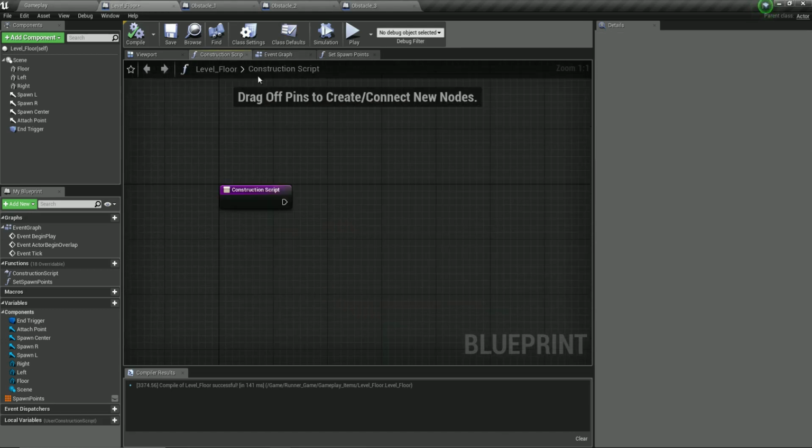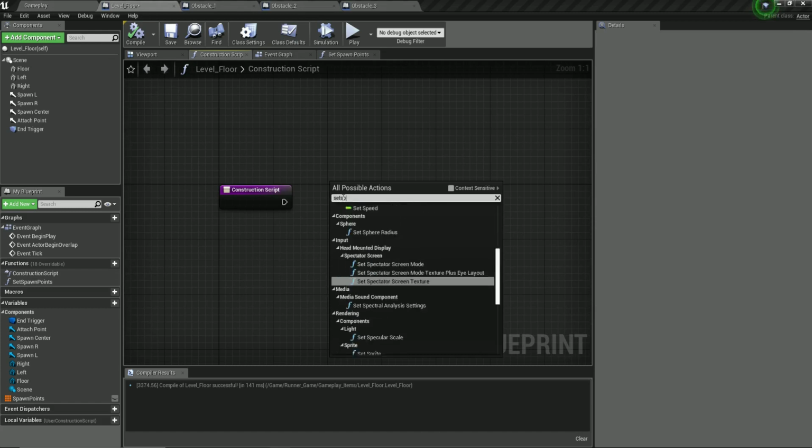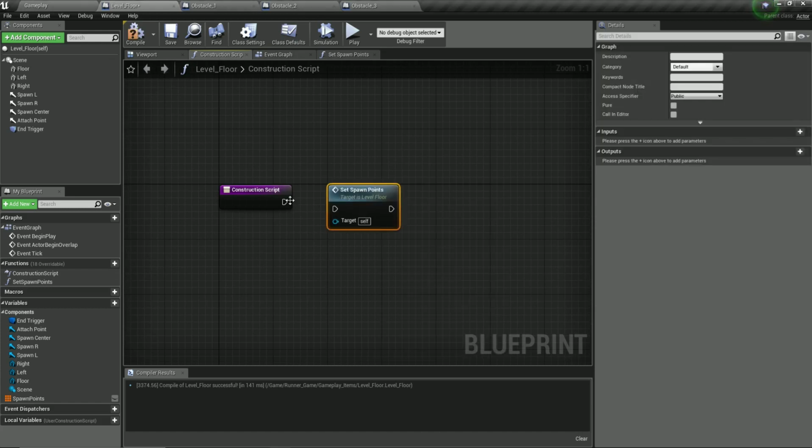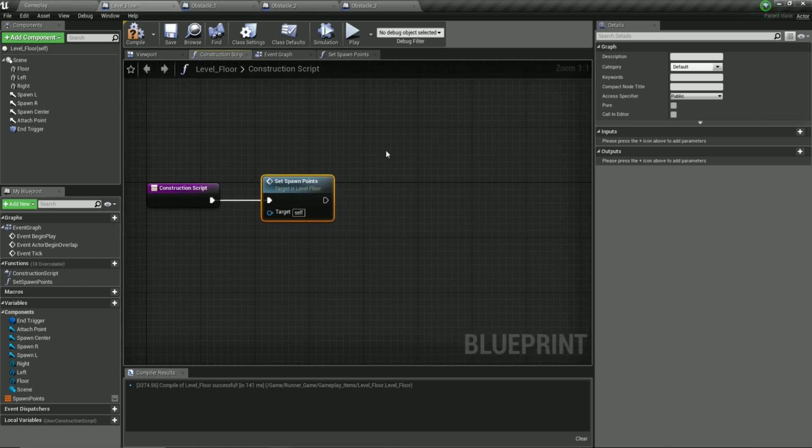So now if I go here in the construction script, I can right click and I can call set spawn points like this, and this is the first function that will be called when we run our game. This is the set spawn points. What is the next one that is going to be called? The next one is going to be called, so here under functions, and by the way, this is over here,